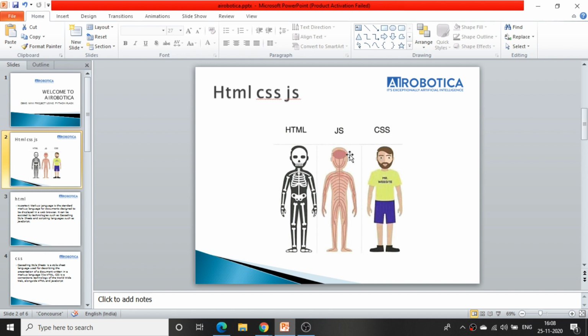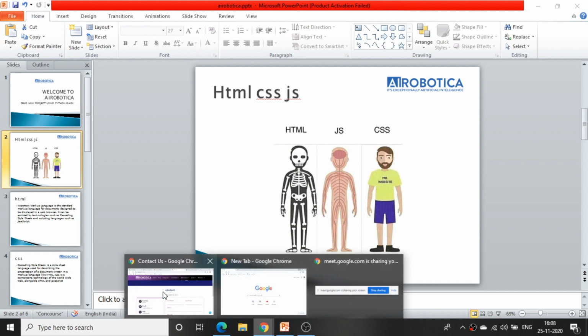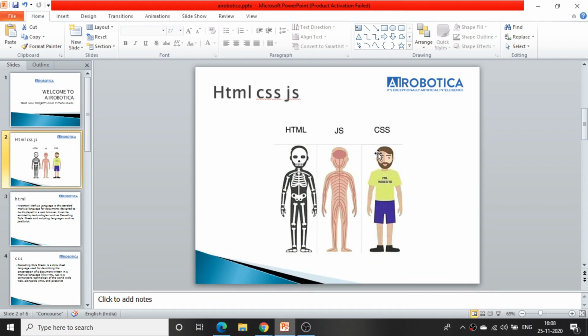And what is JavaScript? You can see here what is happening: the blood is flowing inside our veins. It is a process which works 24 hours, something which keeps on working. That comes under JavaScript. It is optional. JavaScript is not mandatory, but by using HTML and CSS you can achieve good websites. Presently, understand that HTML is just the structure of a website where we can implement things.